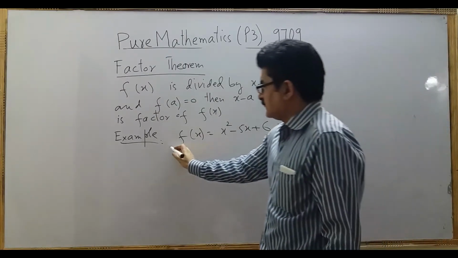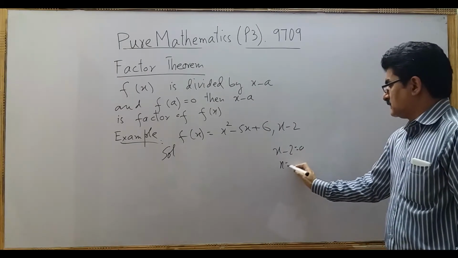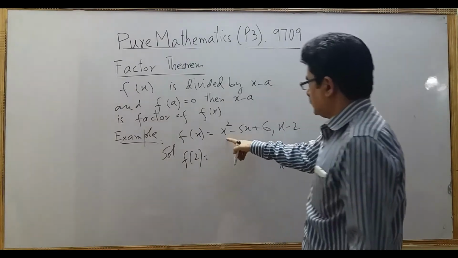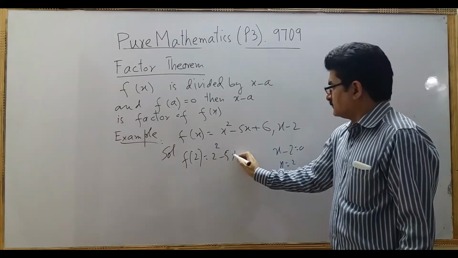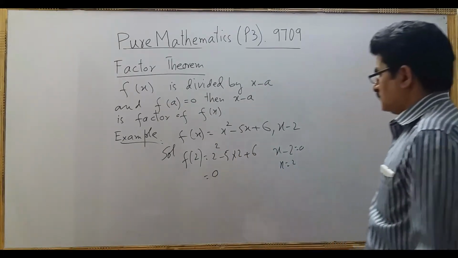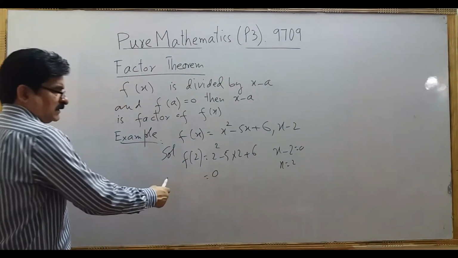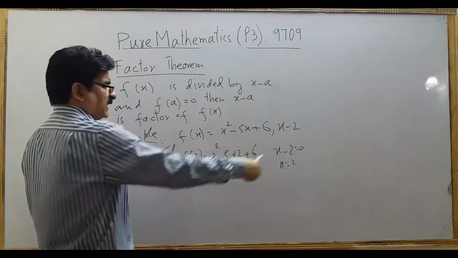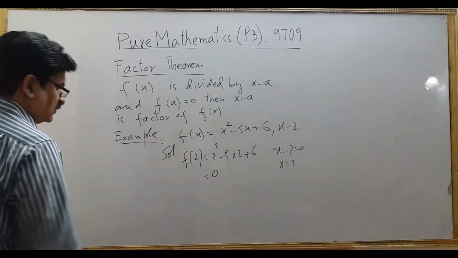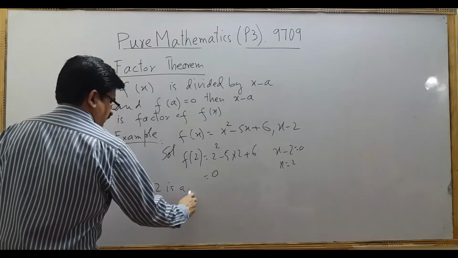In the solution, I have given you a tip: you put this equal to 0, you will get x equal to 2. Now put here f(2). Put 2 here, you will get 2² - 5 × 2 + 6. This is equal to 0. So it means that the remainder is 0. You can check by algebraic long division that if you divide this by this, you will get remainder 0. So this verifies that x - 2 is a factor,